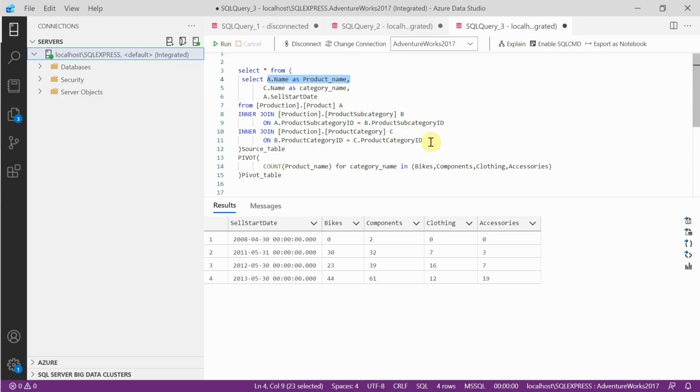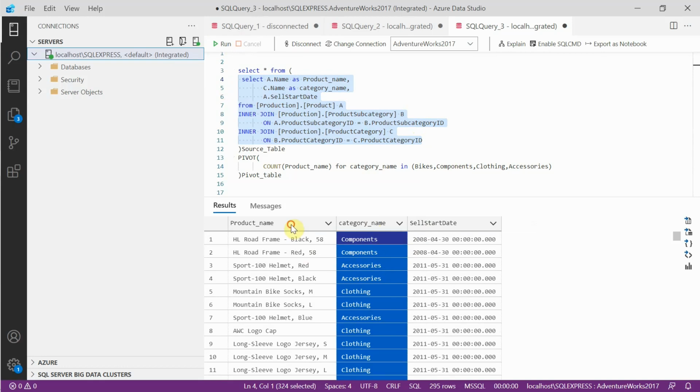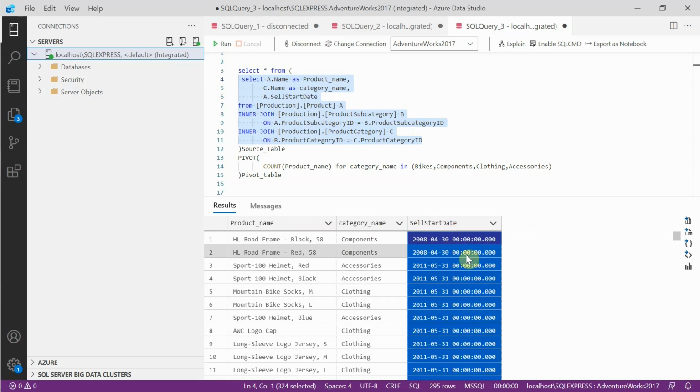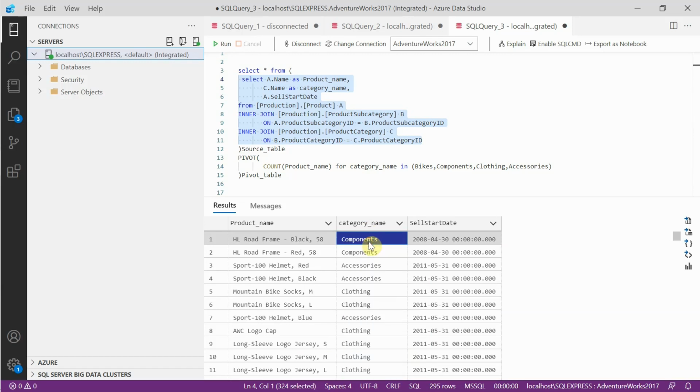So if you just see this output from this source table, let me run it again, you can see we got category name, product name and sell start date. But in the final output you can see the sell start date is just like this. Okay, only the distinct values are there, but you could see this category name, right, those values got changed into